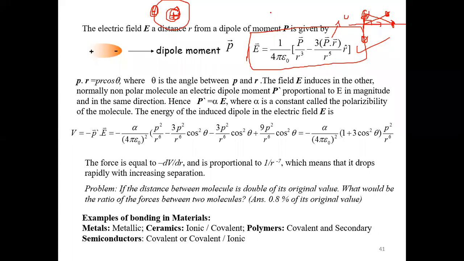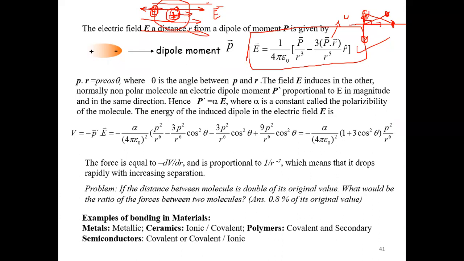However, if you place this neutral atom in an electric field, and the electric field is along that direction, the positive charge will move along that direction. There will be a force on it because of the electric field along that direction. And the negative charge distribution will move in the opposite direction to the positive charge. Now the centers of the positive and negative charges will be different in the presence of the electric field. So in the presence of an electric field, a neutral atom becomes polarized.